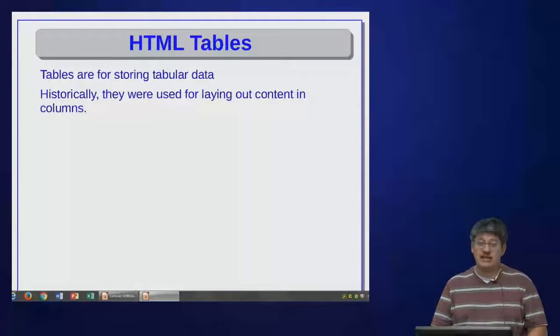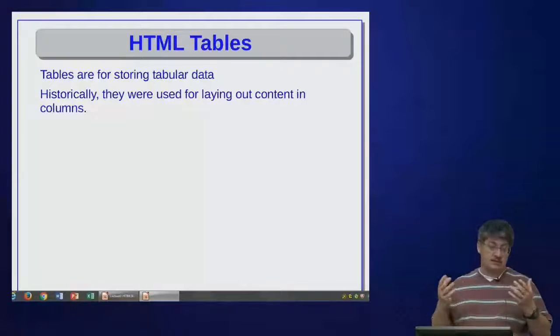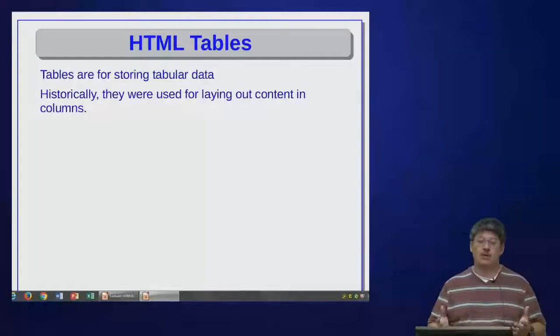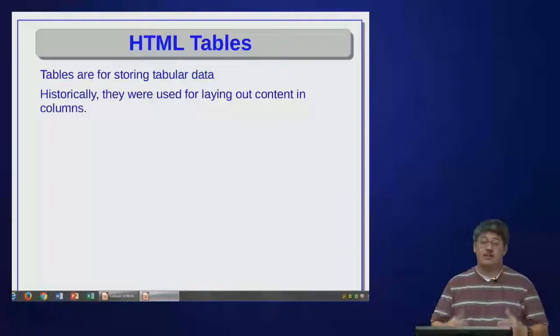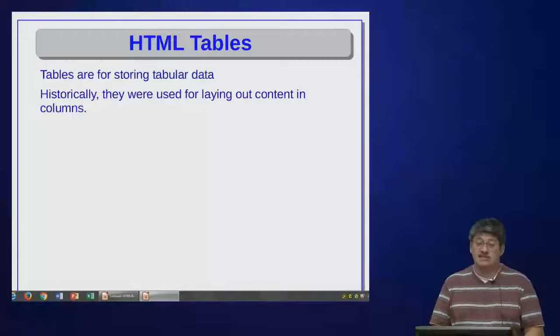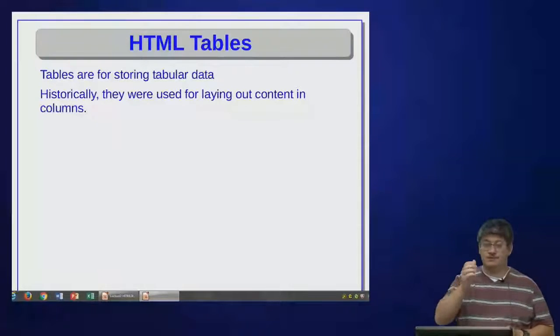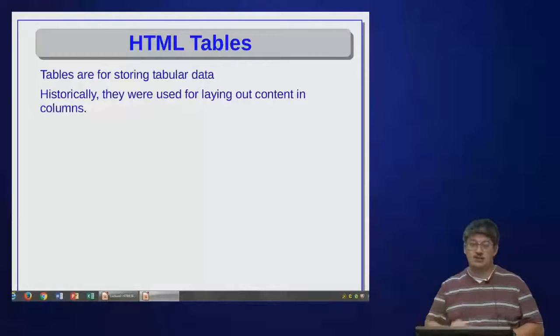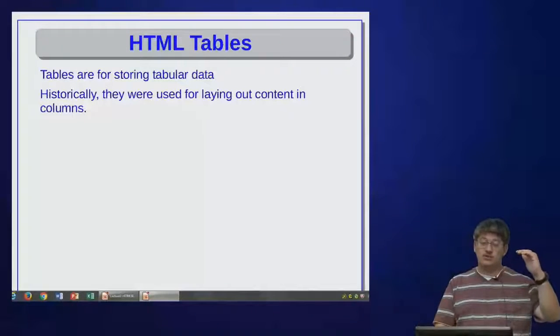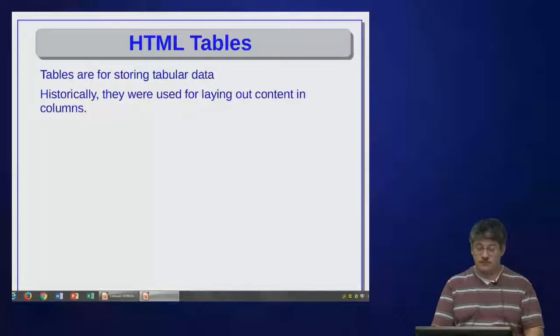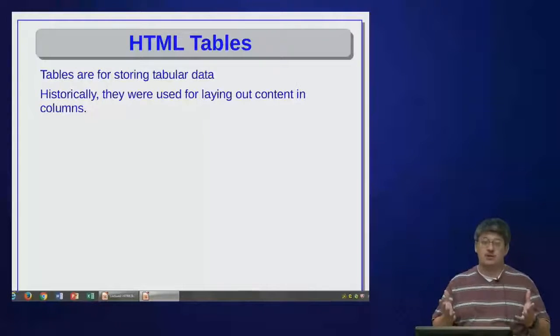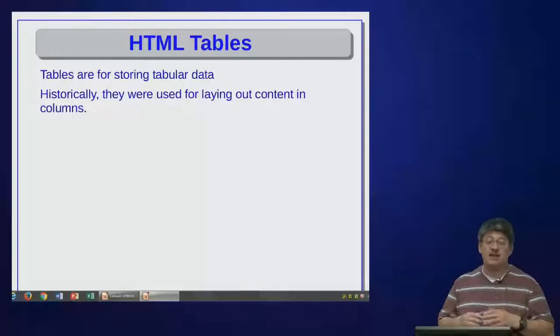Another form of structured data is a table. Tabular data might represent something like a schedule, or perhaps some kind of data that's been collected in a spreadsheet, so sensor data. I'm actually working on a project right now where we're collecting environmental sensor data from several different sites. And so we might have a table that shows sensor readings for different kinds of sensors, the temperature, the humidity, solar radiation. And then we might, on the rows, list the different sites that we're collecting data from. So this is a great use of tables, and HTML provides a table tag that will allow us to represent